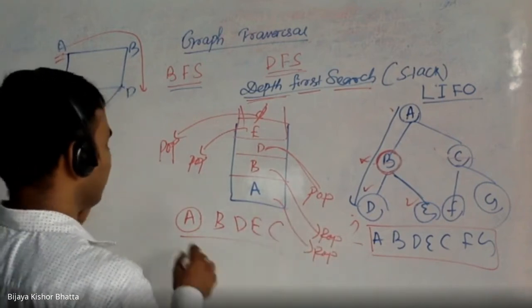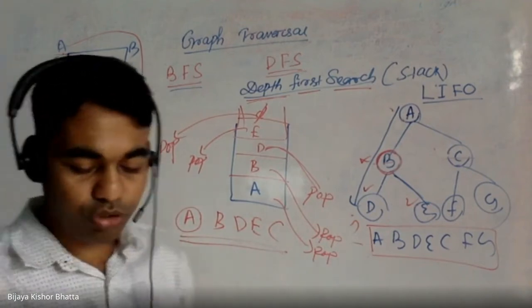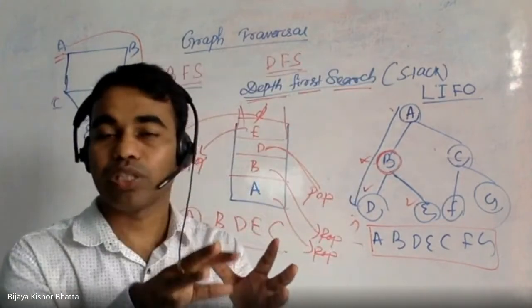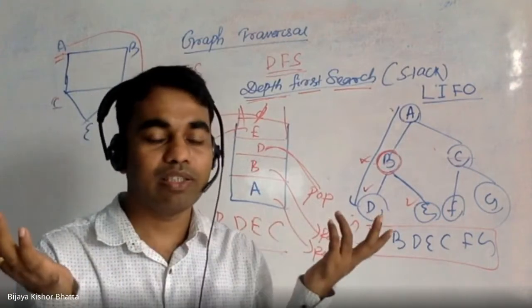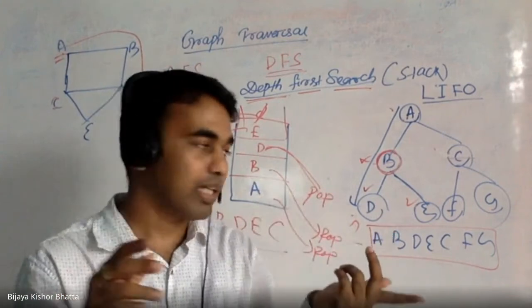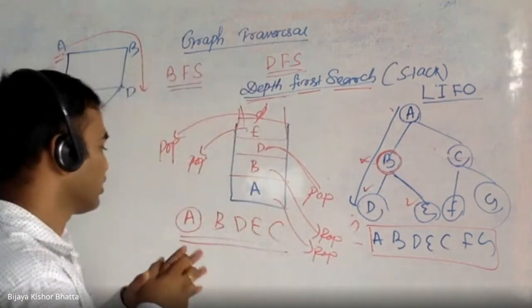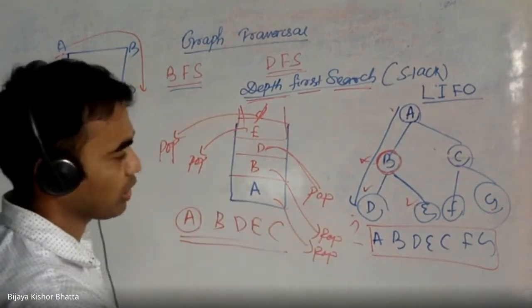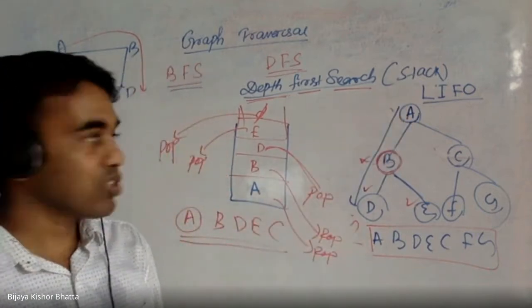So that's how you will get this particular sequence for any given graph. The basic idea is that you go to any vertex and put it into the stack, and you try to find any vertex in the adjacency of that vertex. Once you find one, you insert and process that vertex and keep on going one more step. That's why it works depth wise. So that's all about DFS.